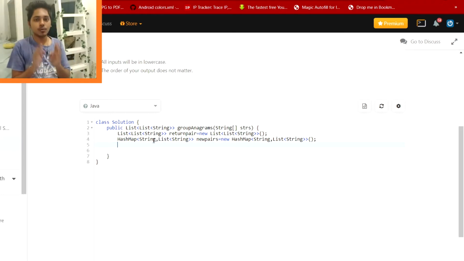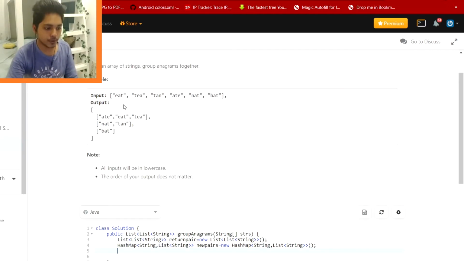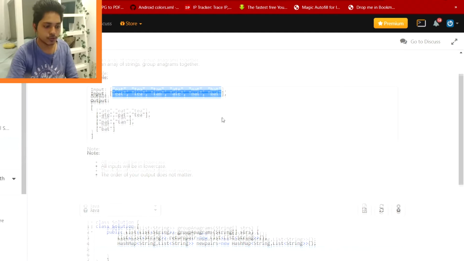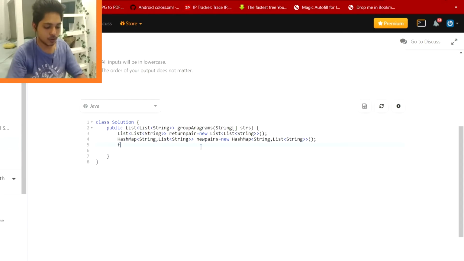Now I have to run through every word, so I'm just going to create a for loop. Let's say for string current, for better understanding, in strs.